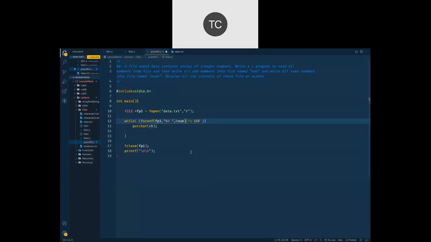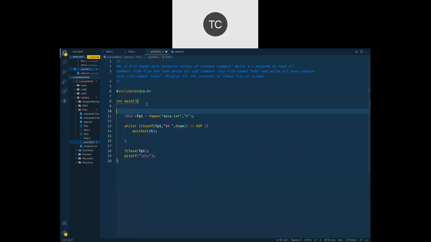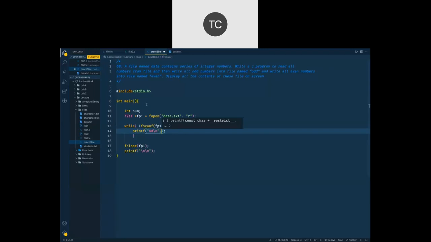Okay, like this way. So let us have integer variable num also, and then what we do is we simply print that number on the output screen right now. printf, let's say %d\n, I'm going to print all the numbers in new line, num.